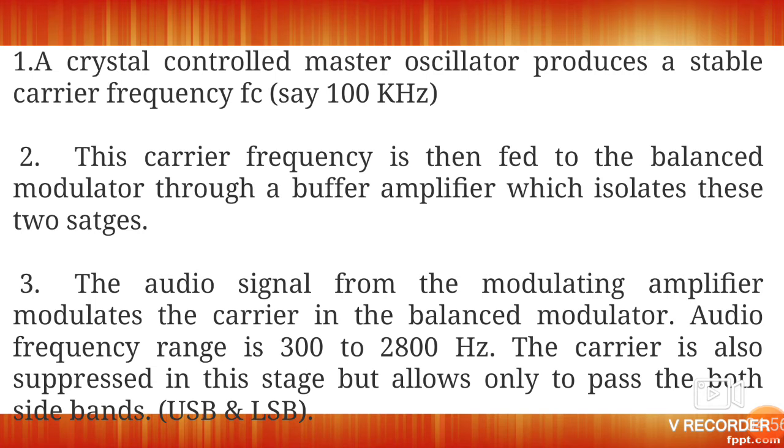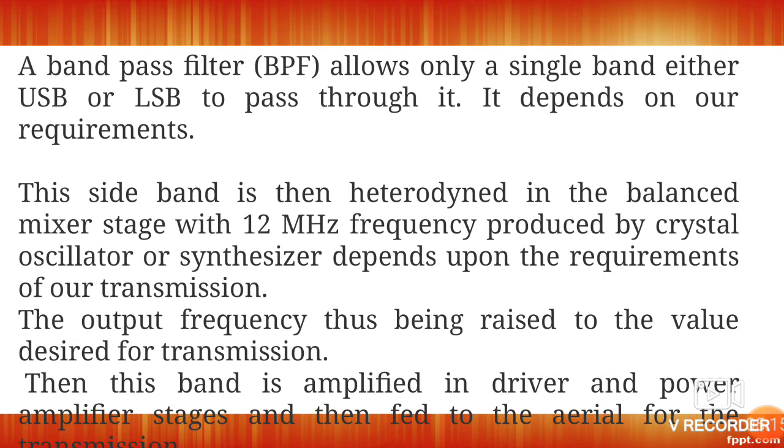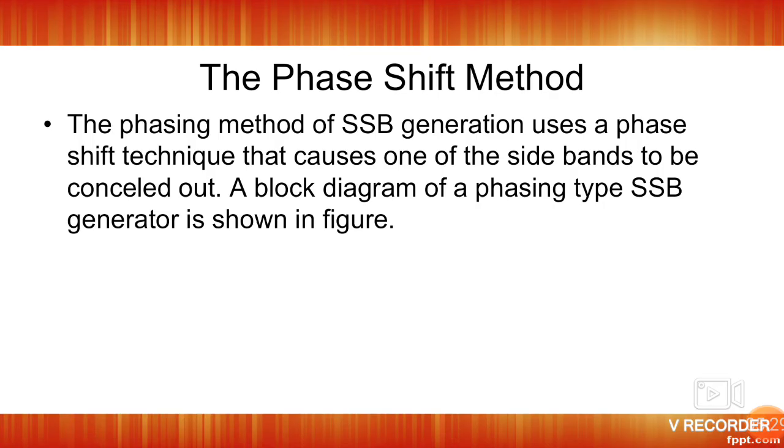In the previous block diagram, we talked about the crystal oscillator, which is used to generate SSB. A crystal controlled oscillator produces the carrier frequency, and the message signal is given as input. Both the carrier signal and message signal are sent as the input of the balanced modulator, which produces the modulated signal. The modulated signal produced is the single sideband signal. One sideband is allowed and the other is suppressed, so the sideband we want is passed and obtained at the output.